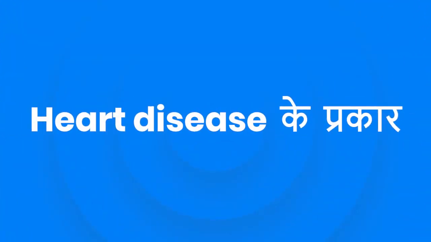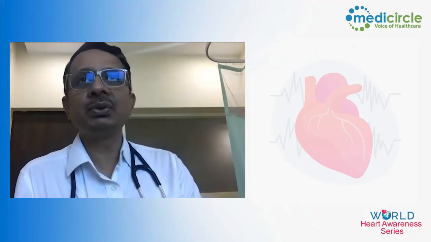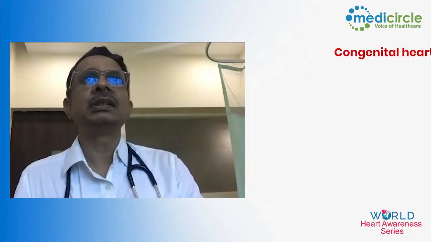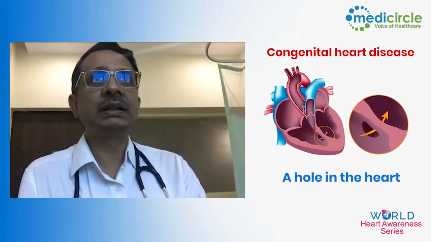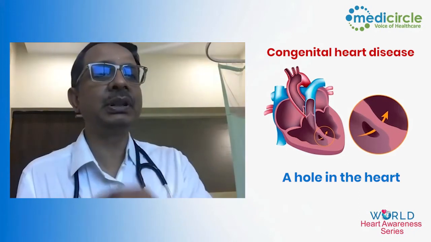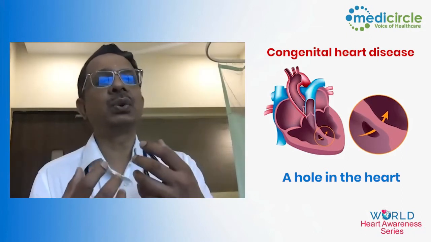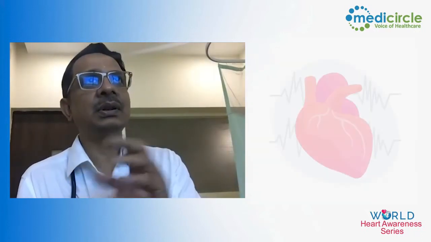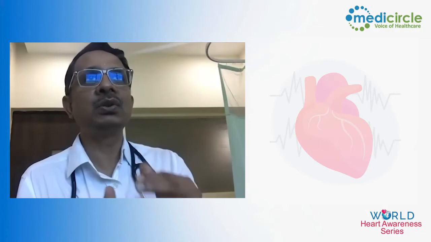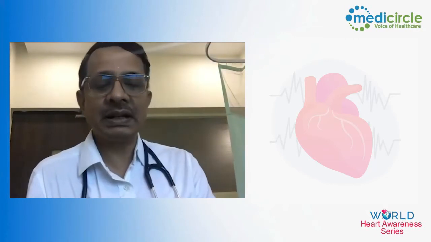So, can you tell our audience about the types of heart diseases? As I said, heart disease can be broadly divided into congenital and acquired. Congenital, the baby might have a hole in the heart, which may be termed as a simple congenital heart disease. Complex congenital means the heart during its development has the connections got wrong. So the big arteries which are coming from the heart, one goes to the body, one goes to the lung. If these are interchanged, then that can be called as complex congenital heart disease.